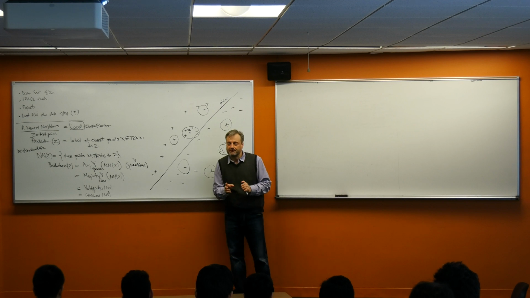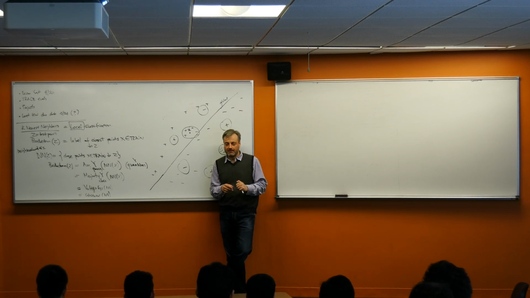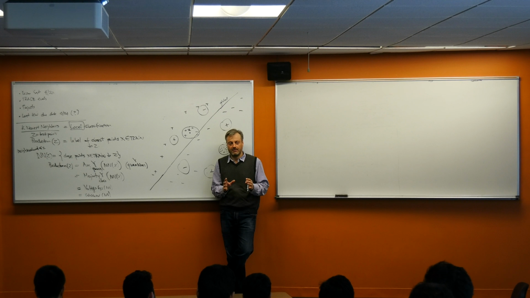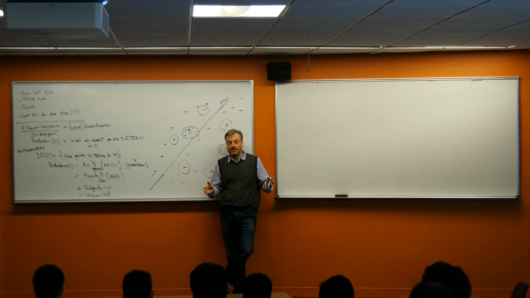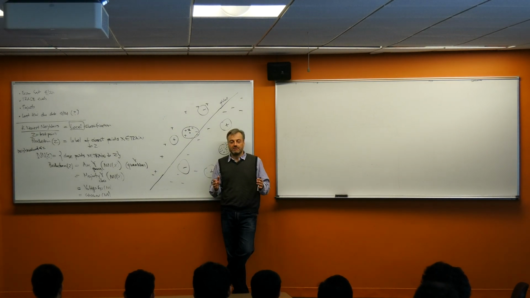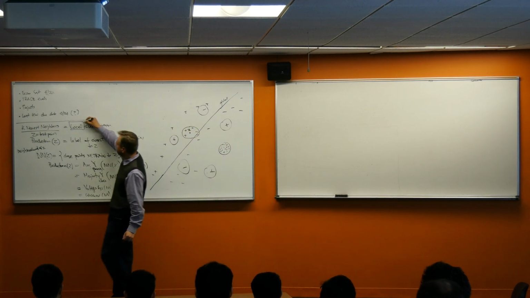Also, a local classifier, I'm going to get back to this later, has the advantage that it's robust in terms of assumptions. I don't need to make strong assumptions to use a kNN. A lot of the classifiers we did, the global ones, had some assumption. Data has to be Gaussian in nature. Data has to be linearly separable, and so on and so forth. Typically, local classifiers have a lot fewer assumptions